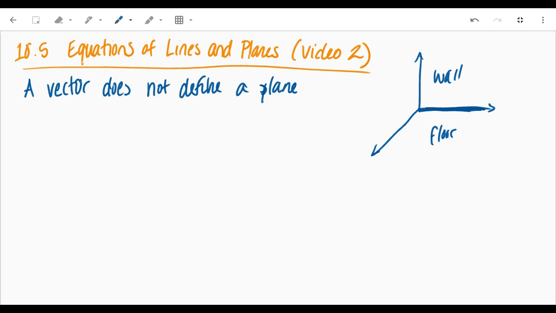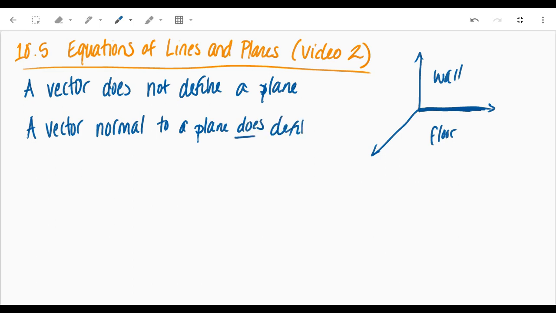However, a vector perpendicular or normal does define it. When we're talking about planes, we talk about a vector normal to the plane, not perpendicular. A vector normal to a plane does define it, which seems kind of weird, but if I said I'm thinking about the vector that's coming straight out of the floor,